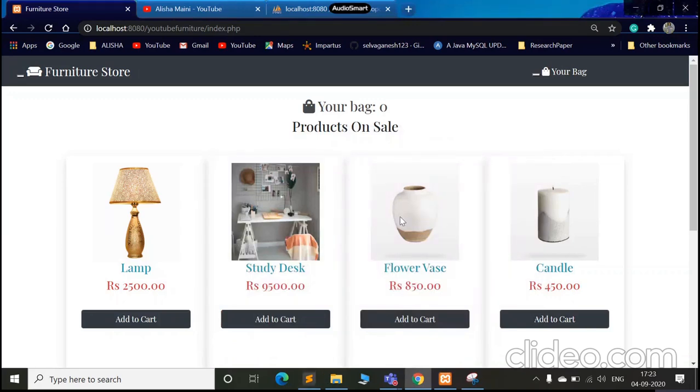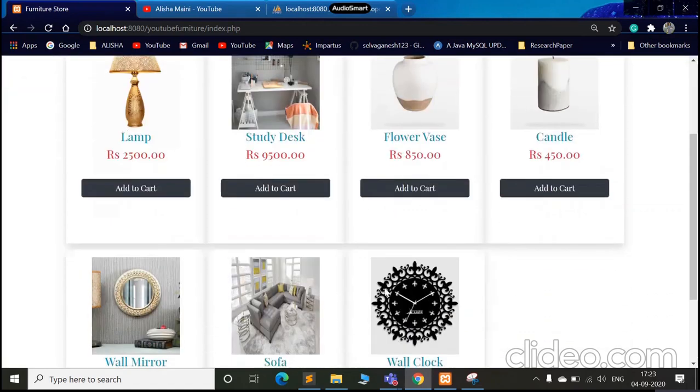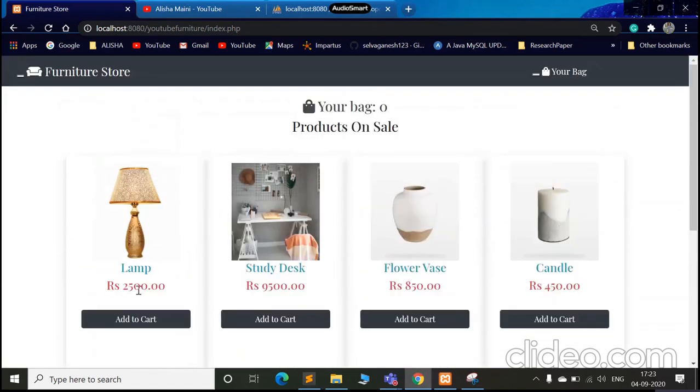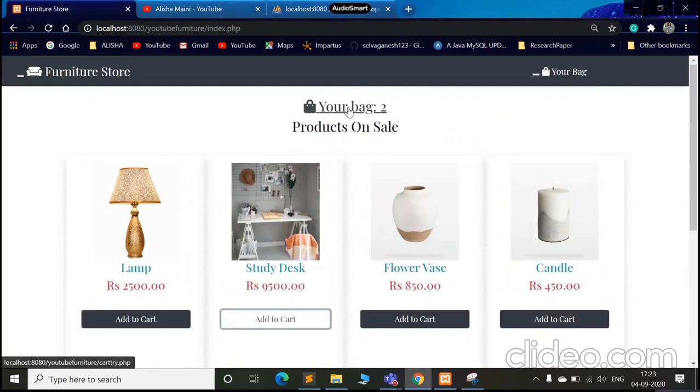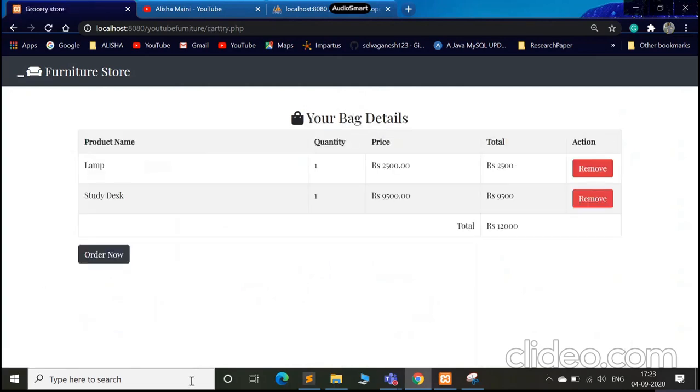So today our topic is an e-commerce website, and for that I have made a furniture store. So as you can see how the products are displayed here, and when you click on add to cart, see, your bag has now two objects in it. So when you click on your bag, it shows you a description of everything that you have in your bag,